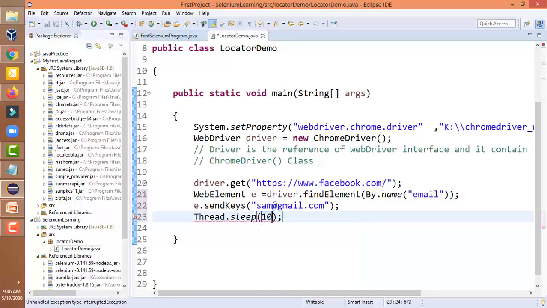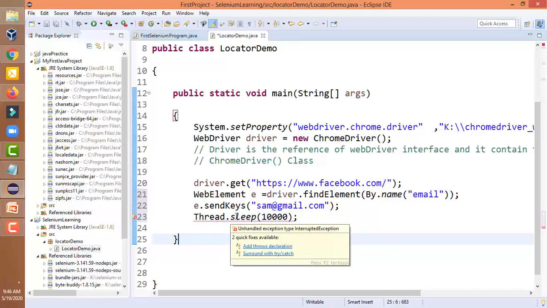For 10 seconds we have to enter 10,000. Now we have entered 10,000 successfully, but again it is showing some exception and error. Why is it showing an error? Look at this and read carefully. Unhandled exception: InterruptedException. Basically, whenever we use the Thread.sleep method, it will always throw an InterruptedException.